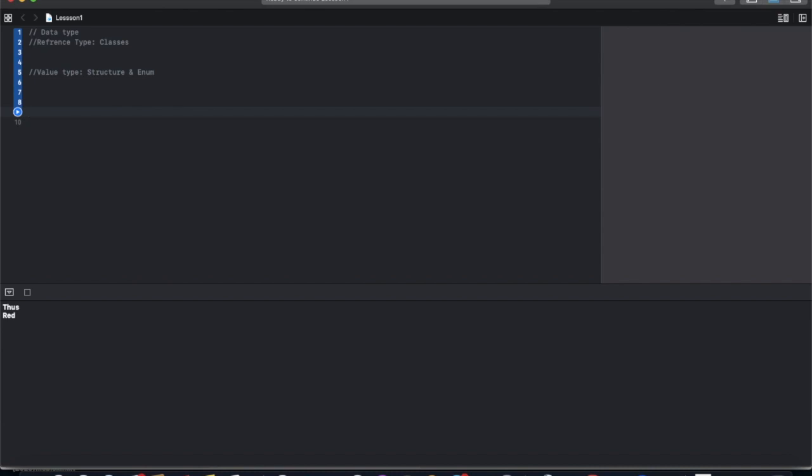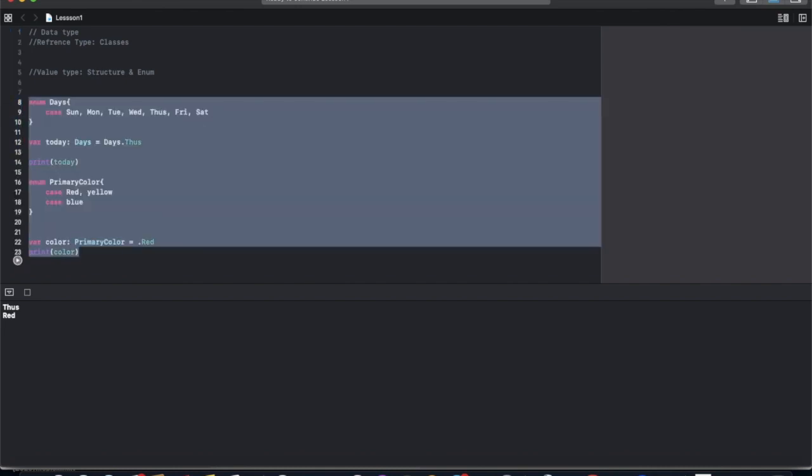A structure can contain multiple variables or constants within it, but as we know these are value types. So these contain the value in some memory, and if we copy one value into another, it just creates a new variable.